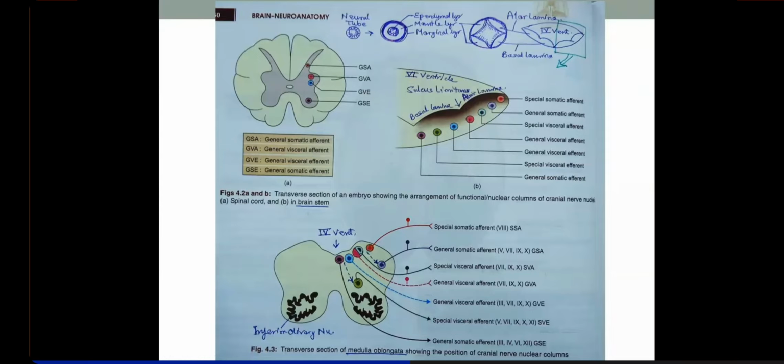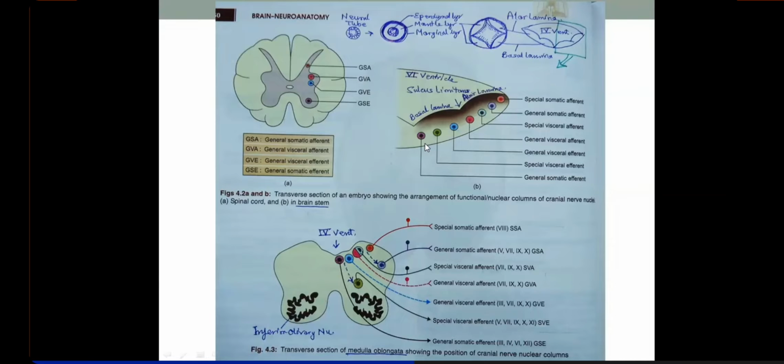Make sure you know this very well, because nowadays questions are being asked with the help of diagrams. You have to label, or there's a pointer label and you'll have to identify the structures. That's why I'm taking time. If you understand the concepts clearly, maybe later on they might ask which nucleus this is or which functional column this is, so you'll need to have this idea. That's why I'm giving time to this. Okay, got it.